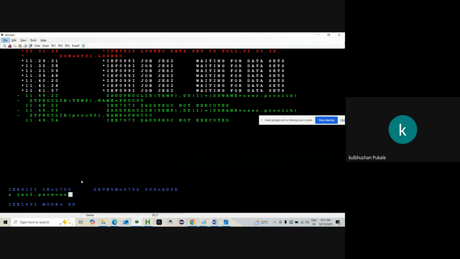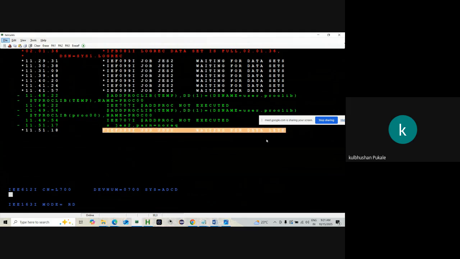Parm equal to launch. Okay, just giving the same. JES2, okay. What dataset is it waiting for? Can we do F and help? Oh, that won't work. JES2 is waiting for a dataset. This information you try to see again in your